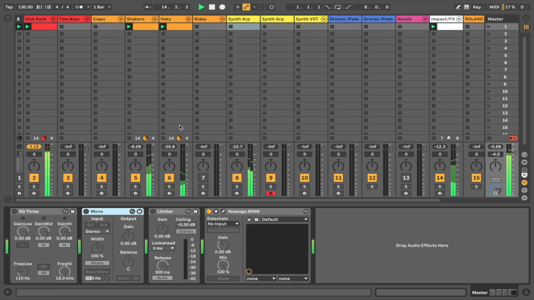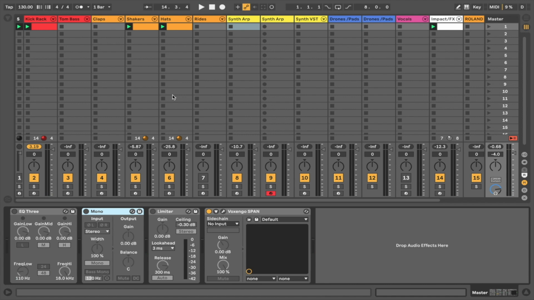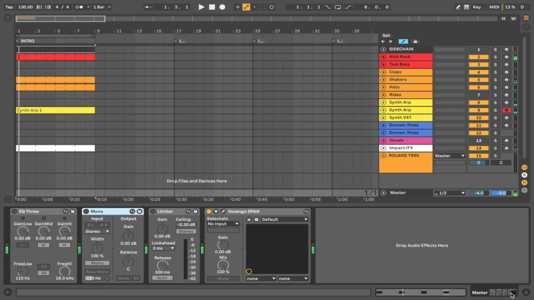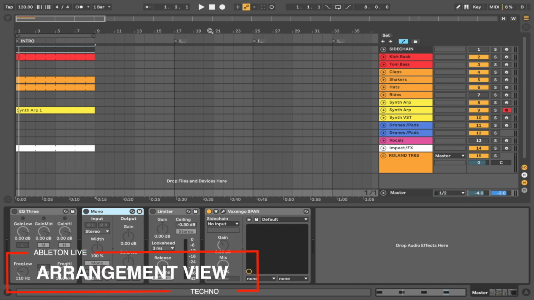Very easy, very simple. Okay, so that's there. Let's move over to the arrangement view. Now that we're in our arrangement view and we're ready to make our track, what I set up